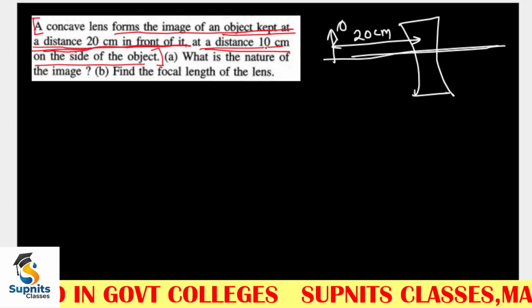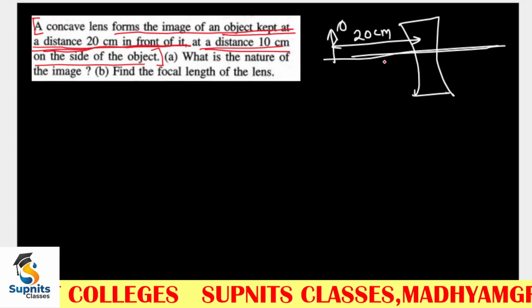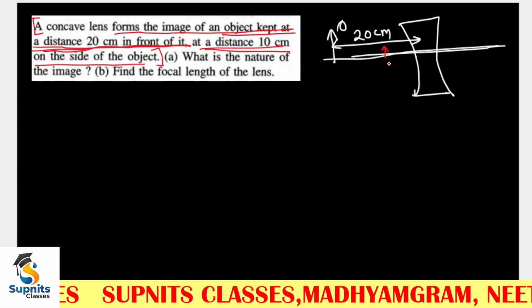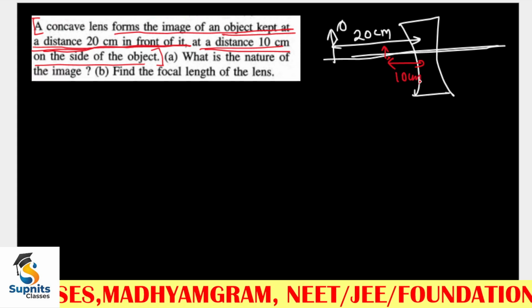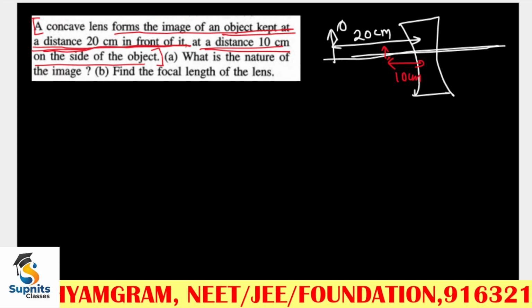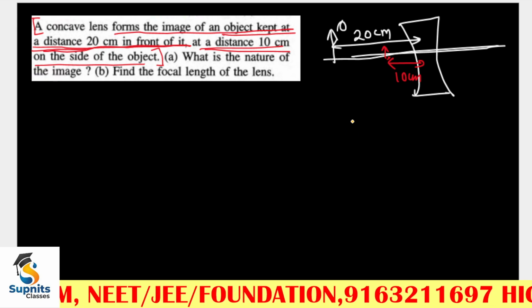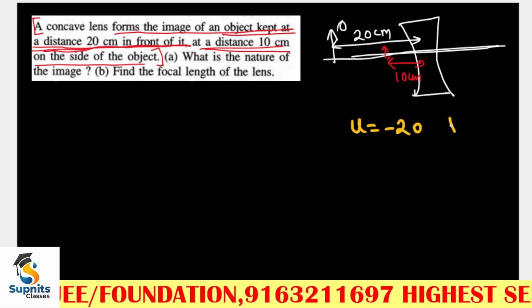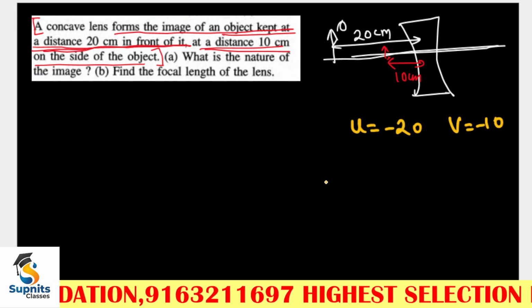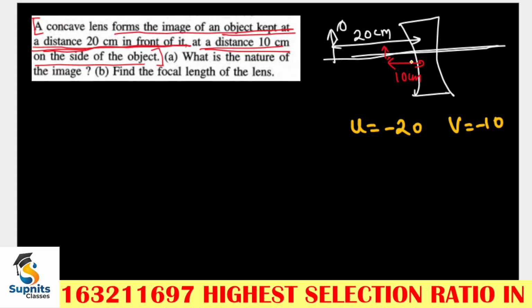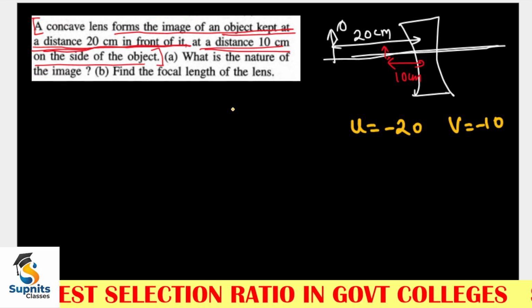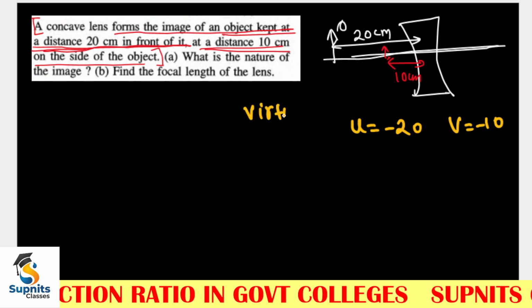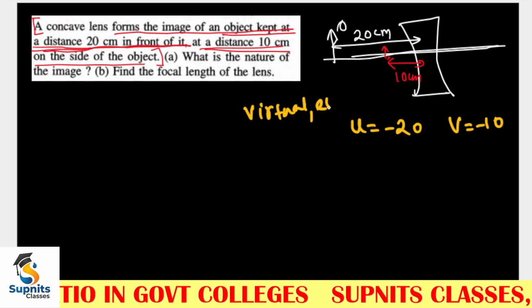So at a distance of 10 centimeter on the side of the object, that means the image is formed somewhere here, has to be diminished and virtual, 10 centimeter. That is a simple virtual image. So u over here is minus 20 and v over here is minus 10. Nature of the image, as it is formed on the same side, I can easily say the nature of the image is virtual, and if it is virtual it will be erect,